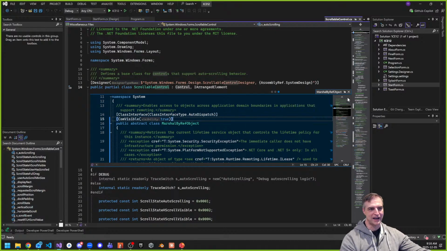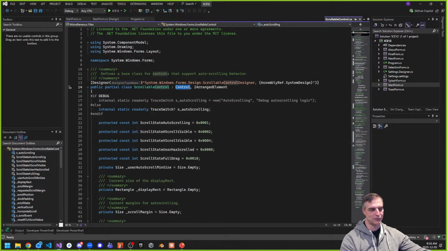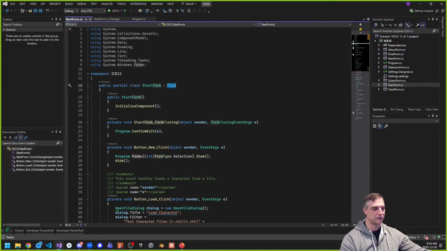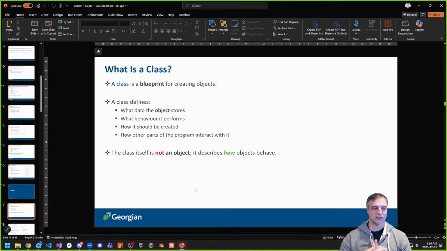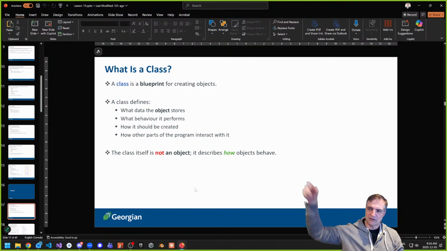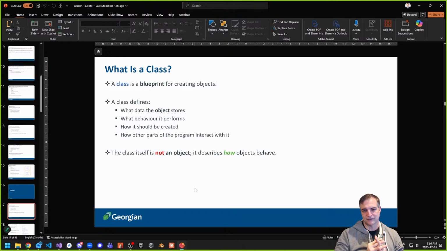It's crazy. So we're looking at, before it even gets to you, this is why I wanted to show you this. Before a form even becomes start form, we have baggage of about 24,000 lines of code. So why am I telling you this? Because if I go back to the problems with OOP, what is a class? A class is a blueprint, right? And we can have classes above this class that are blueprints for other classes, and we're going to talk about that again in great detail next semester.